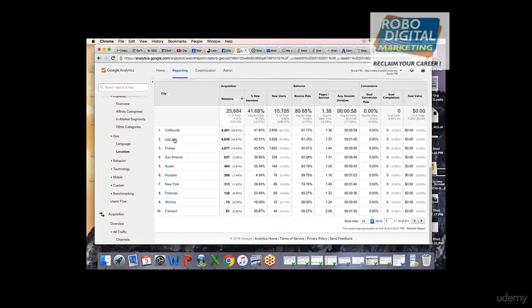This one here. The not set is the one which Google does not want to tell you. When you are logging into your Gmail account and accessing Google, Google does not want to show the exact location of its user. That's why it shows all the values as not set.